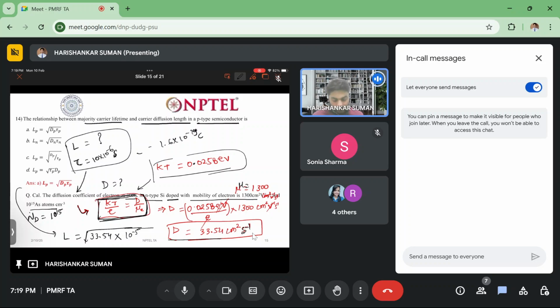So what is this value? We can use it in a simple way: 3.354 into 10 to the power minus 4, square root of